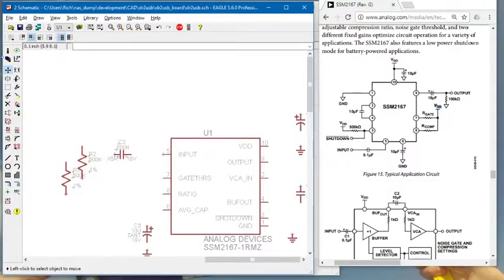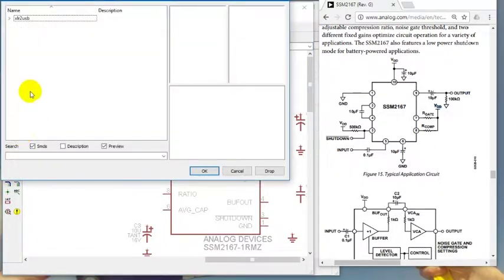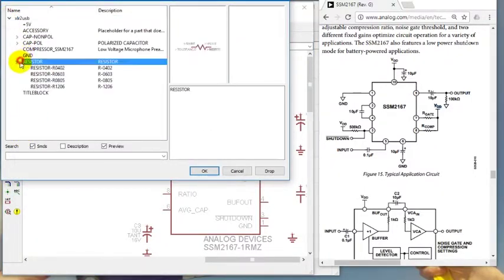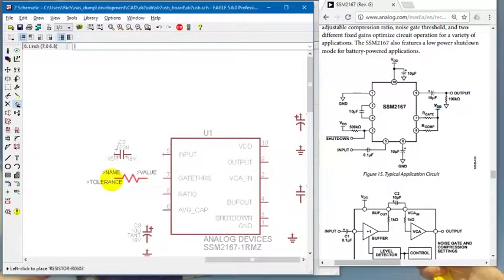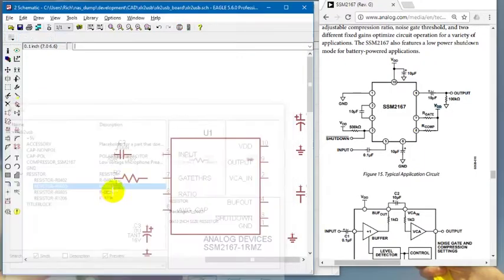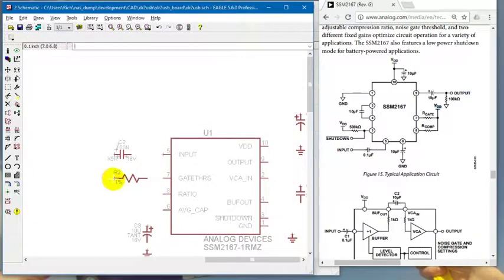I could, you know what? I'm thinking better of it. Delete, delete. So I did a copy, which meant I kept all that smash stuff in there. Instead, I'm going to add a new instance of the resistor. There's a way to unsmash things too, but whatever. Okay, so I didn't like the way that was going, and so